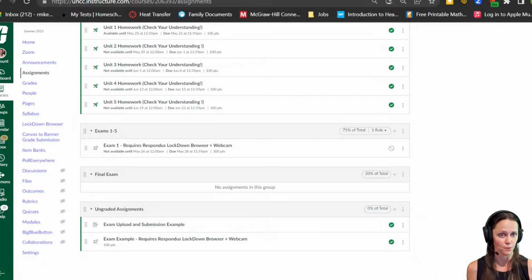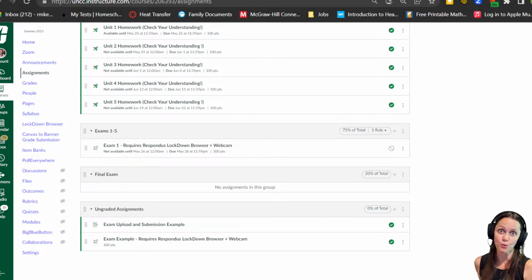The exam example, you're just going through the motions, seeing how it works. But at the end, just like for the real exam, at the very end, it will prompt you to take a picture of your work. So all you're going to do is hold up your piece of paper and take a picture, or however many pieces of paper it took you to write stuff down, you'll take the picture. And although it sounds really redundant to do it twice,